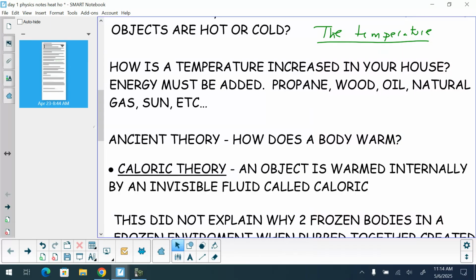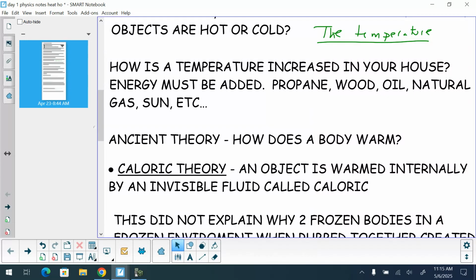So if I had an ice cube, or if you're outside and you have ice, you have snow, whatever you have on the outside in the middle of winter, and it starts to melt. The temperature rises up to 35 degrees or 34 degrees, 36 degrees, and it starts to melt. Well, what are the thermal properties behind why it is melting? Well, the initial theory was it has an invisible fluid in there. That invisible fluid internally warms the object.